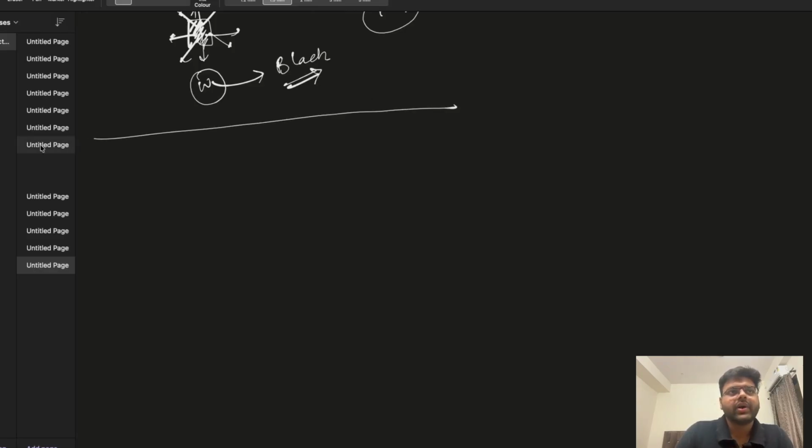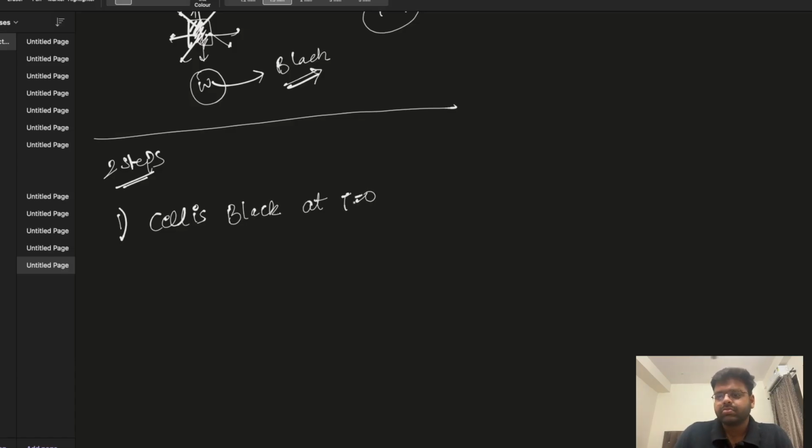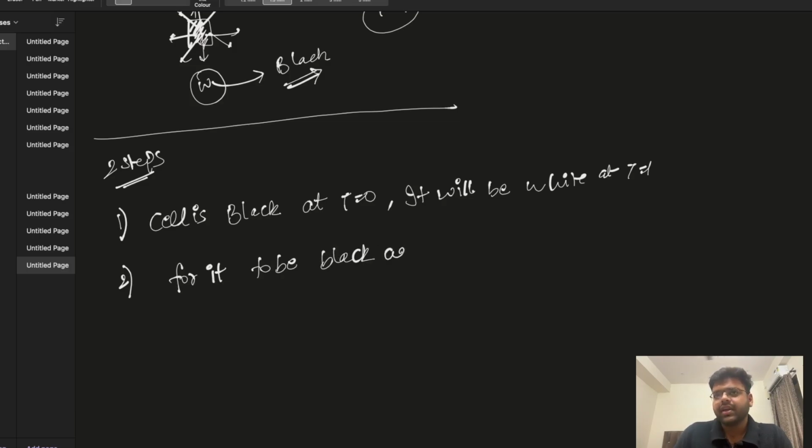Now let's see how we actually approach this problem. I'll write down 2 steps, the insights of the problem, which you need to check are correct or not. First, if a cell is black at t equal to 0, let's talk about the time instant t equal to 0, then it will be white at t equal to 1. We know this, right? Second, for it to be black again at t equal to 2,